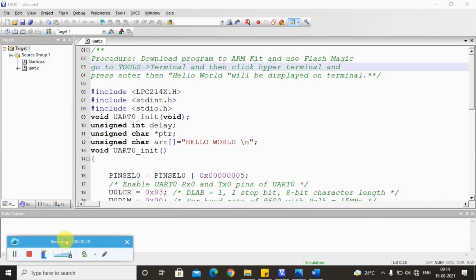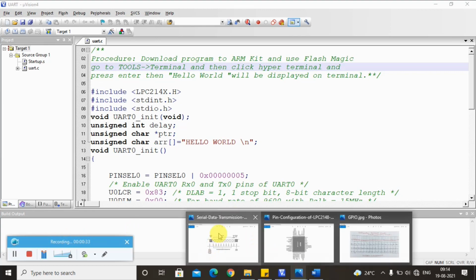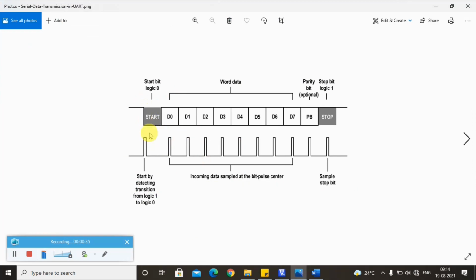Usually it works based on a certain predefined frame structure. So this is the frame structure here. You can see this is a start bit, with which it will indicate that serial communication has started. It is usually active low, and soon after that you can see the data bits ranging from D0 to D7. These are all data bits here. So we usually use 8-bit data, which is always sent after the start bit.